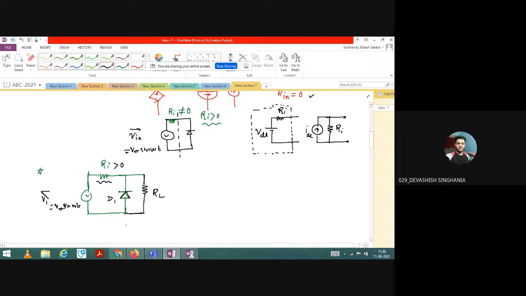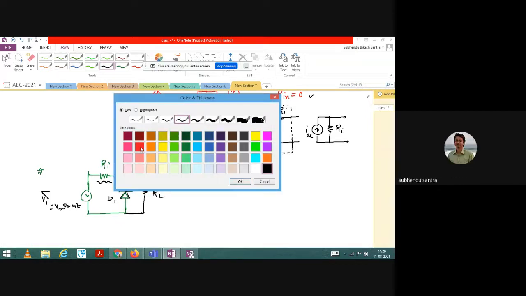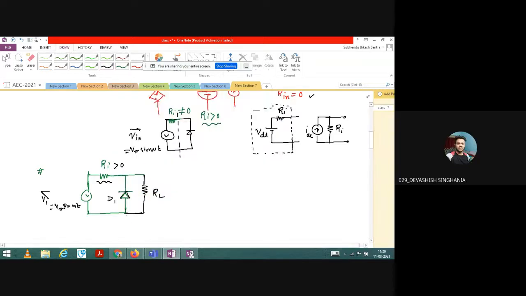Sir, there will be a small voltage drop, where is it coming? Okay, look at the procedure properly. Yes, so the procedure remains the same. You have to do A and B. This point you have to do.